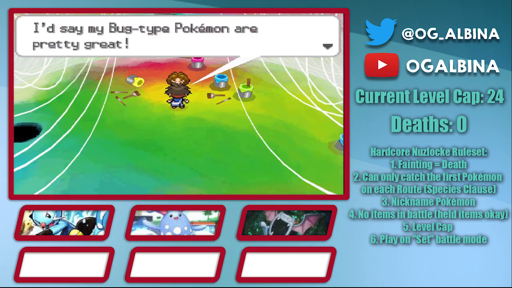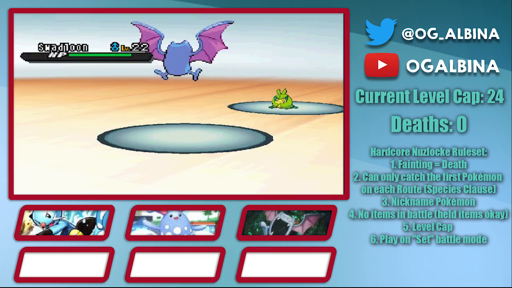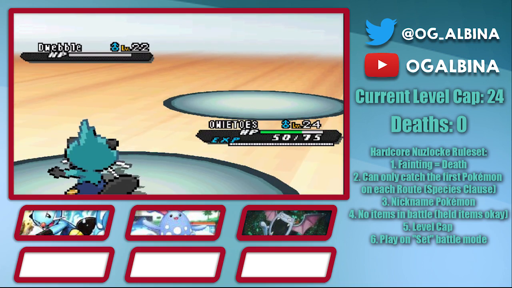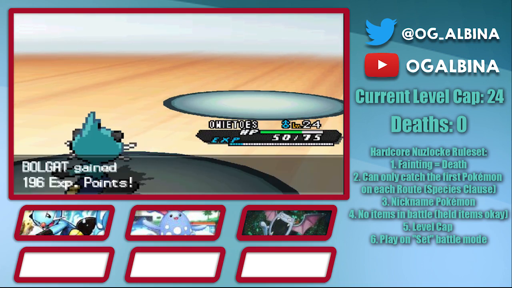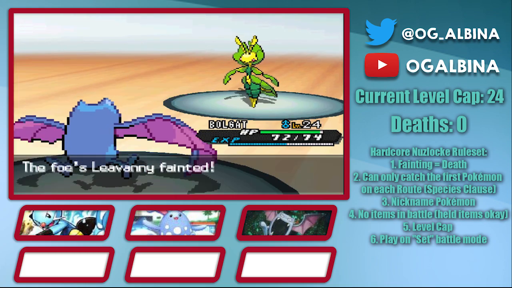More plasma shenanigans occur, but we finally get to take on Berg afterwards. He leads off with Swadloon as I lead off with Golbat and cleanly Oko it with a Wing Attack. Next up is Swubble, so I pivot into Dewott and 2-hit KO it after Berg uses his Hyper Potion. Lastly is Leavanny, so I send out Golbat again to KO it with Wing Attack and coast to another easy